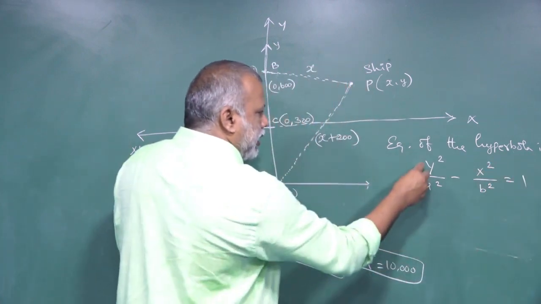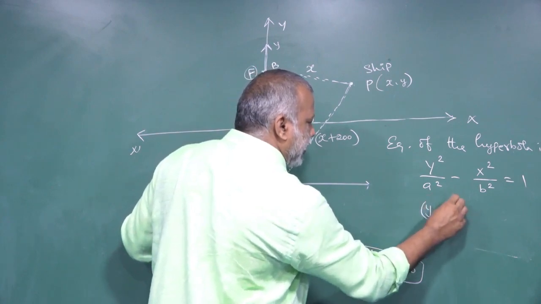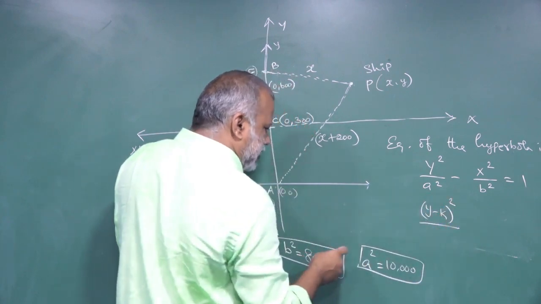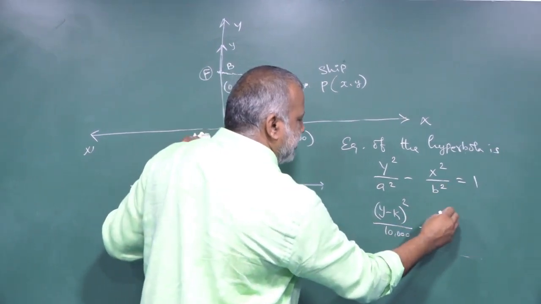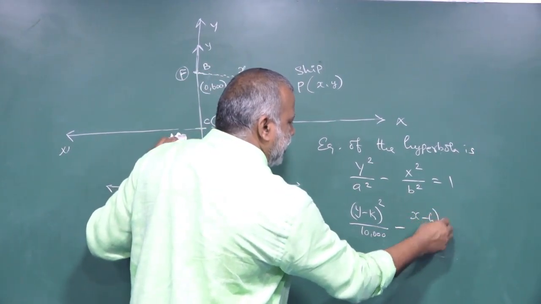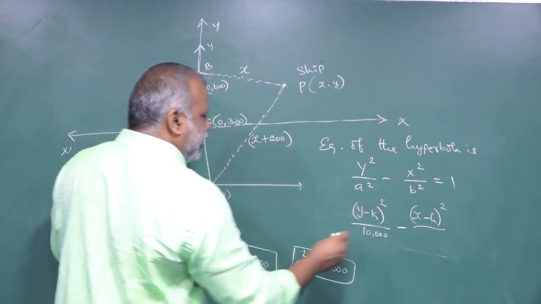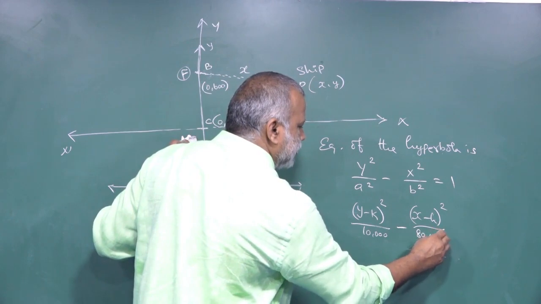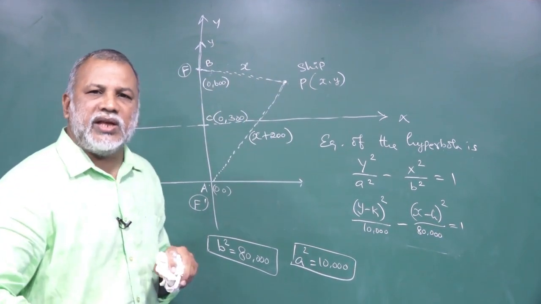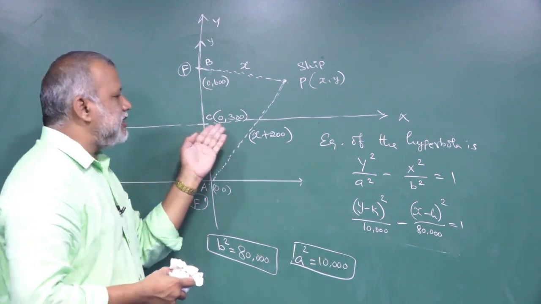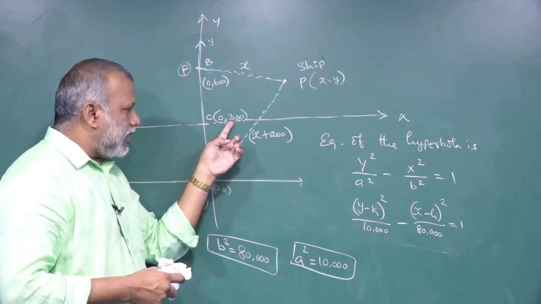1. Now capital Y is replaced by y minus k the whole squared divided by what is the value of a squared here? 10,000. Minus capital X squared is replaced by x minus h the whole squared divided by what is the value of b squared? 80,000. That is equal to 1. What is the meaning of h, k? The center is denoted by h, k. Here h is 0, k is